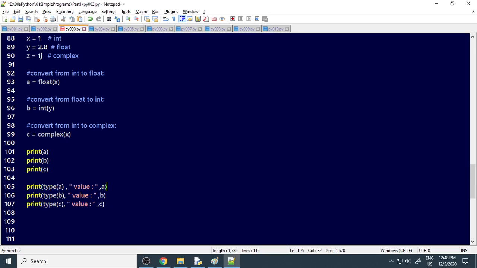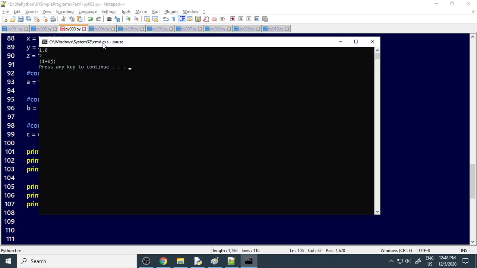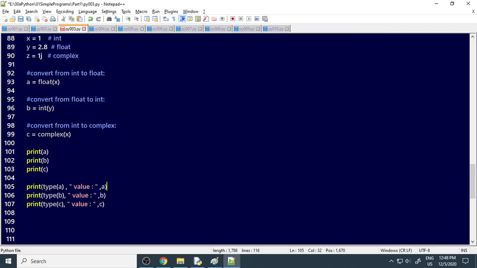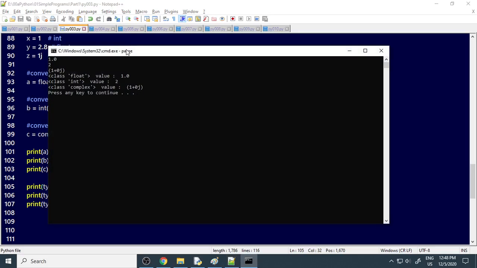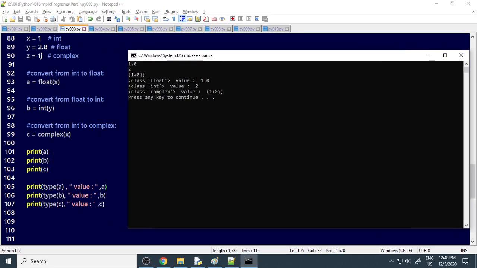Then you can check the type and the corresponding value. What is the type of A, B, C now, and what is the corresponding value of them? Not saved. Okay, now it's saved. Now you can see float, because we are converting it to float. So A is float now, and the value is 1.0.